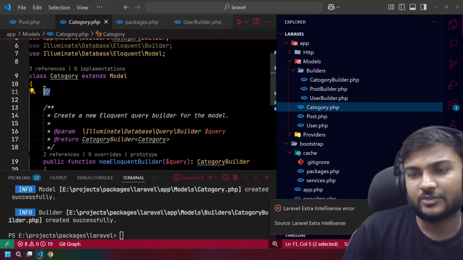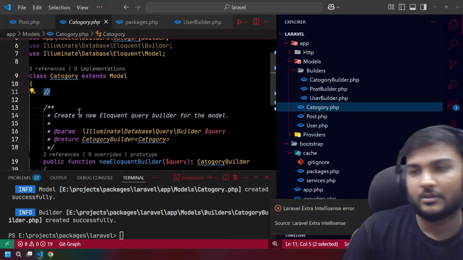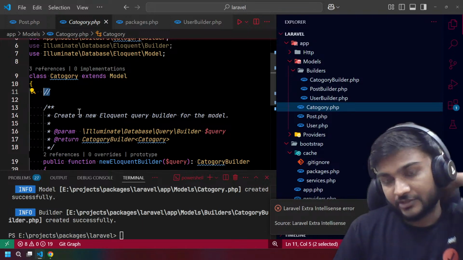So now we need to remove this particular comment if the factory option is not there.